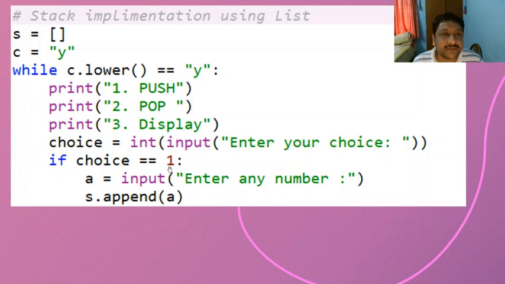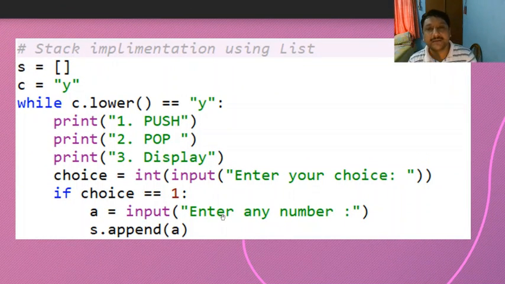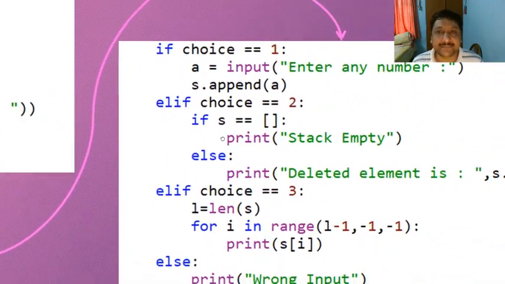If you choose choice 1, it will ask you for a number to add, and that number will be added to the stack. The list's s.append function is used here. Here we have not taken any limit. It is a dynamic structure. Dynamic stack means the upper limit is not declared here. As much memory as is available, we can insert that many elements in the stack. There is no limit on how many elements we can add.